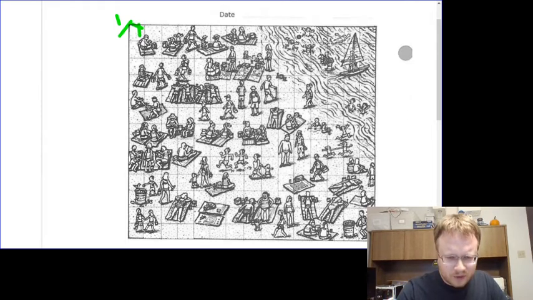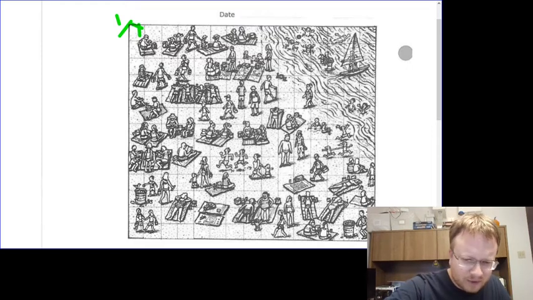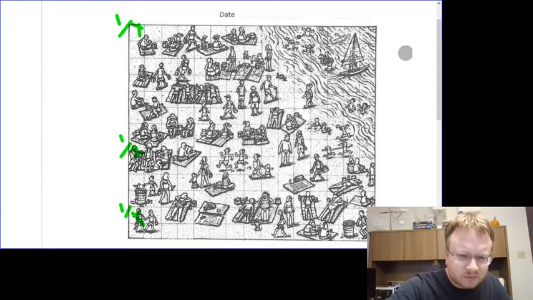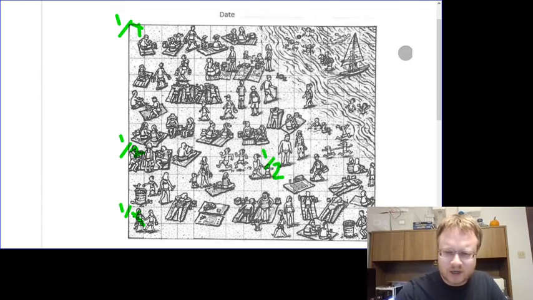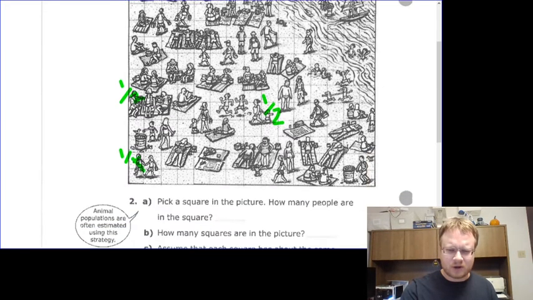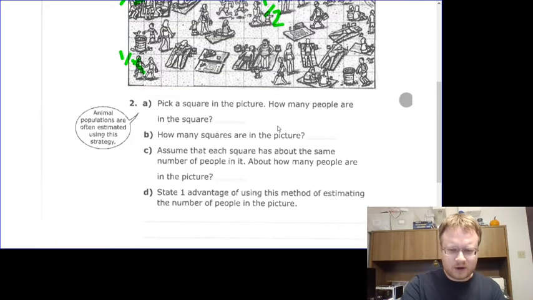Let's try another example real quick. Let's look down here. In this square, there's about half a person. The highlighter tries to interpret what I mean, so it's getting rid of that, but it's half. In this square, we have about half a person. And in this square, we have about half a person. It looks like if we just pick squares at random, a lot of them have about half a person in them. This only had a quarter, but I'm seeing half a person a lot more. So let's use that as our number. How many people are in a square? About half.